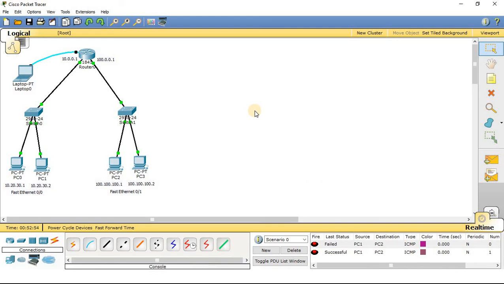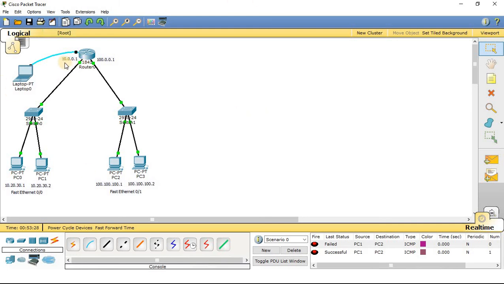Previously, when we had not used the router, by just using a switch, it was not possible for us to send a packet between separate networks. To send a packet between separate networks, we have to use the router and the gateway. The gateway of the computers will be accessed through the given port of the router.